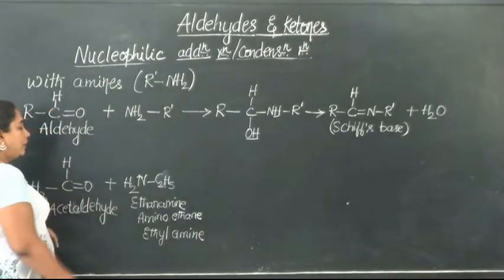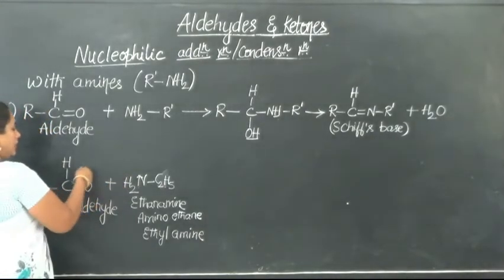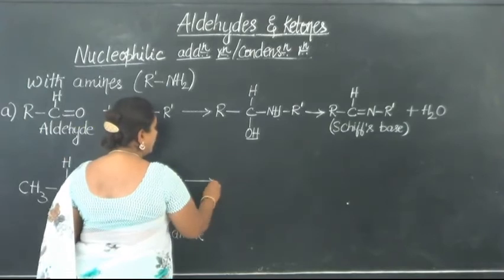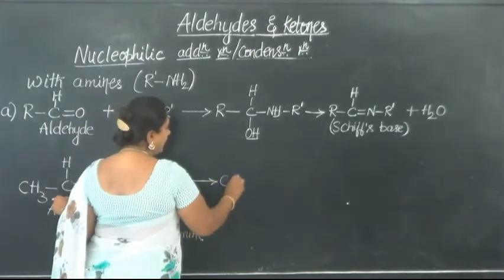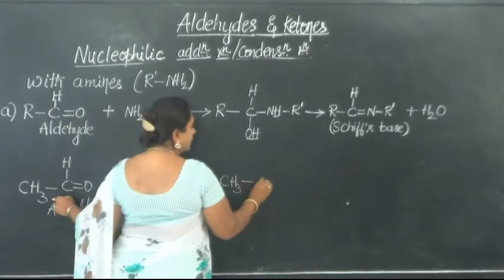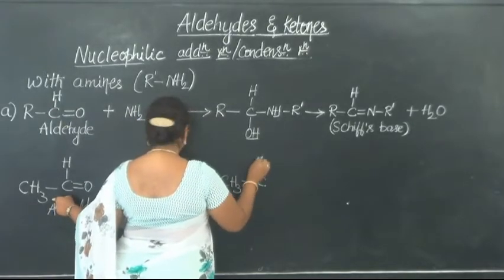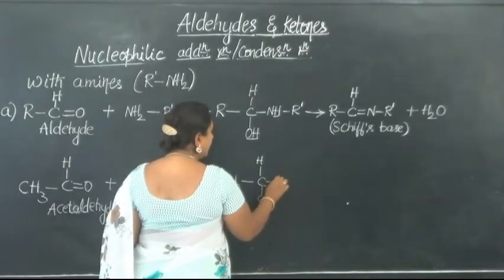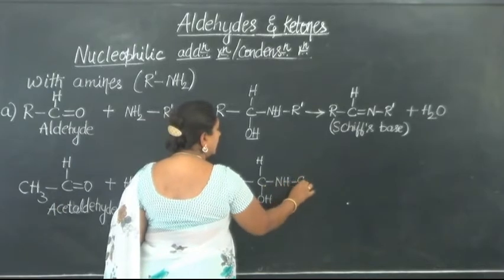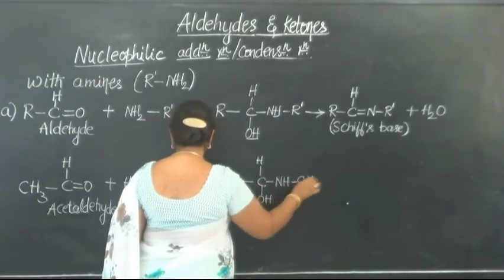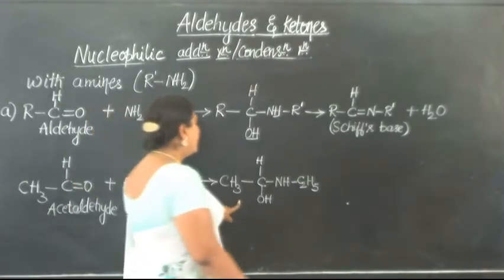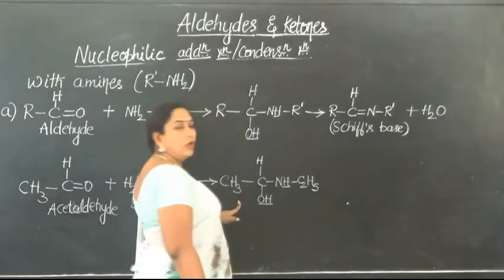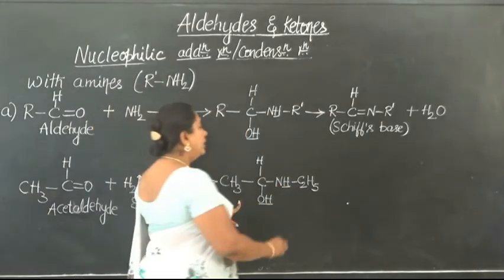So now let us see what happens. First step is addition. So this component is going to get added to acetaldehyde. So we land up in the formation of CH3 as it is, there is no change there. Single bond C above hydrogen, no change there. Now below, OH comes and here NH in turn linked with C2H5. So this is the addition compound we got. What will happen to this addition compound? It will eliminate a molecule of water as shown to you here.